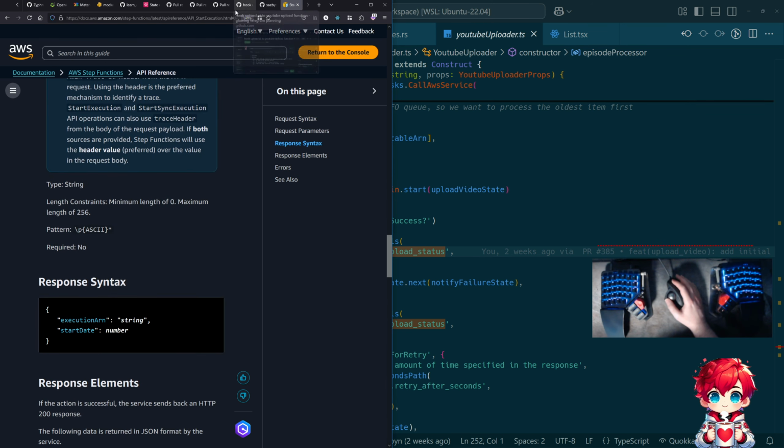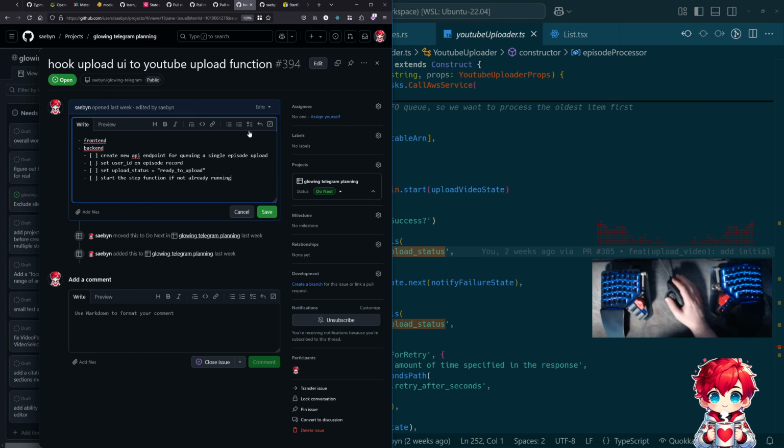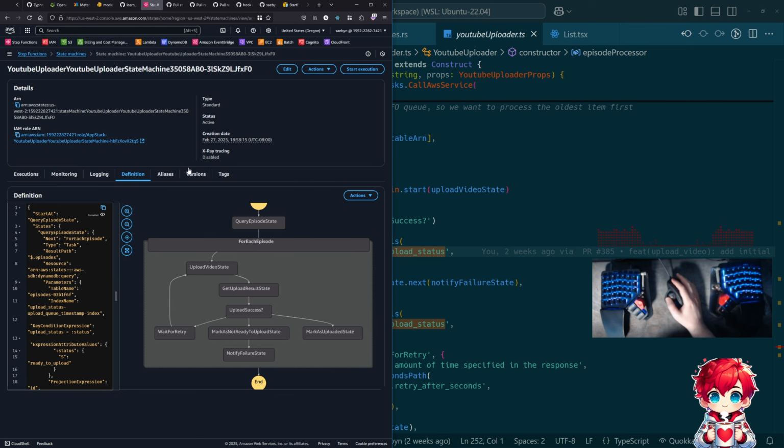So the problem I'm trying to solve right in this moment, though, is how do we guard against the step function being run concurrently? If the only way the step function can be run is through this API endpoint,